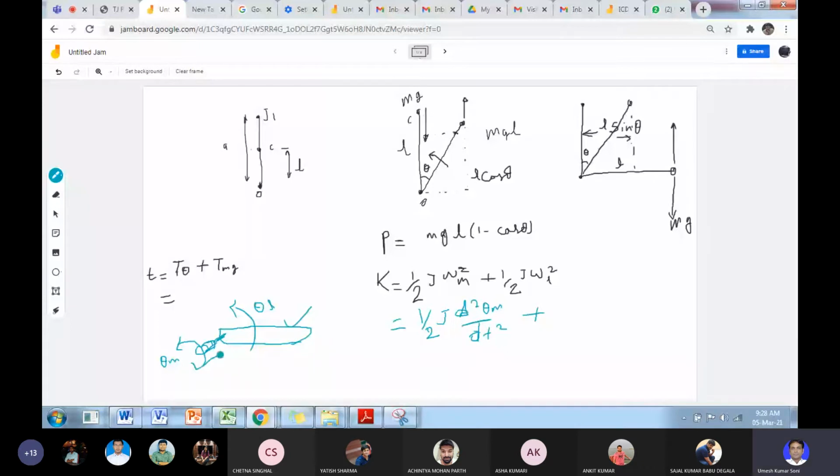So 1/2, suppose it has inertia of J L and this has the inertia of J M, then this is J M and this is J L d square theta L,